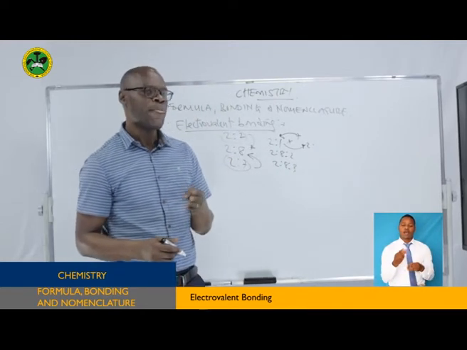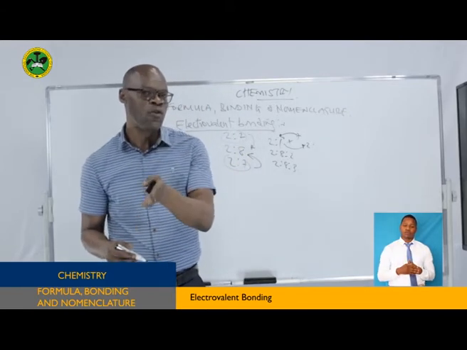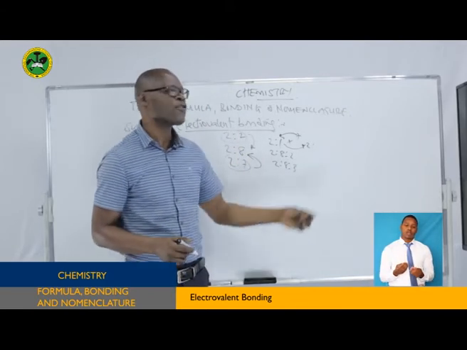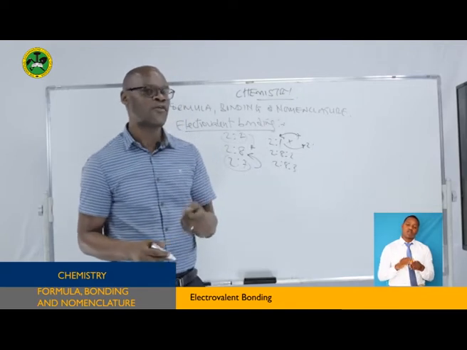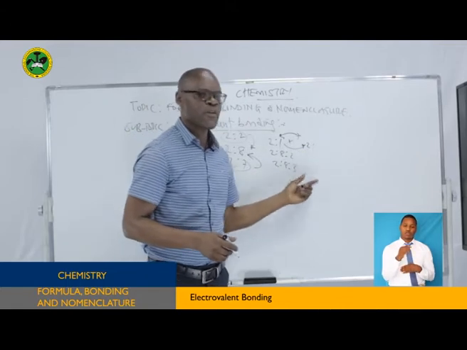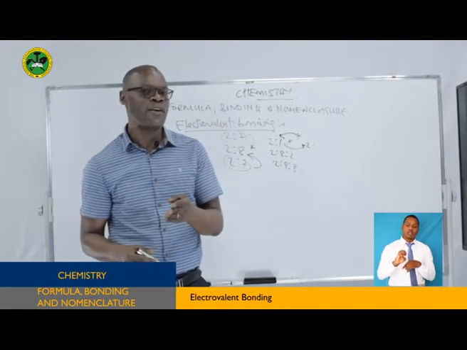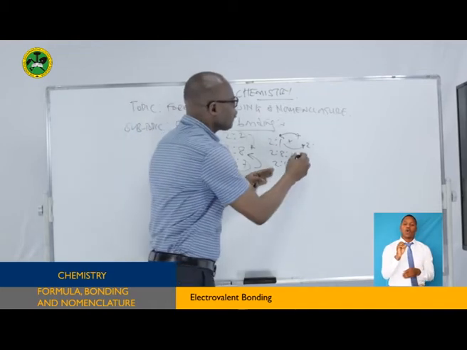So we say normally metals form bonds by losing their electrons. It's easier. Although we need a lot of energy to lose the electrons, it's easier for them to lose electrons than to gain electrons. Remember, when an atom loses an electron, then it undergoes what is called an oxidation reaction. Now, these electrons, when they are lost,